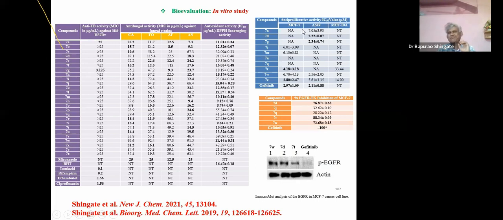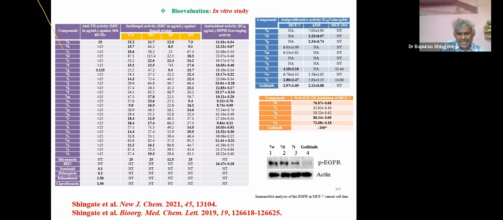3 cell lines, that is MCF7, A549, and another cell line also. And we also studied percentage EGFR inhibition against the cell line MCF7, and some of the compounds are showing excellent percentage of EGFR inhibition, as well as one of our synthesized compounds is showing excellent anti-proliferative activity against the standard drug. However, almost 50% of synthesized compounds are showing better antioxidant activity, and most of the compounds are showing excellent antifungal activity, and 2 compounds are showing